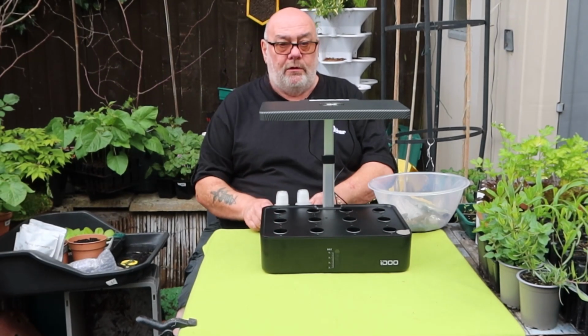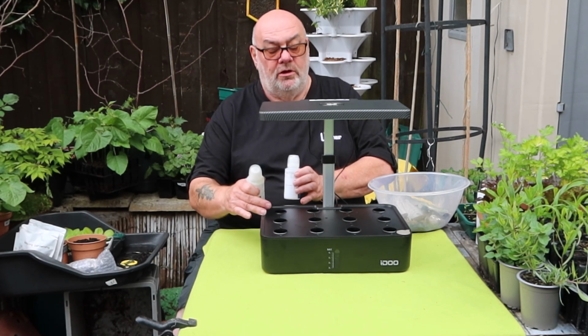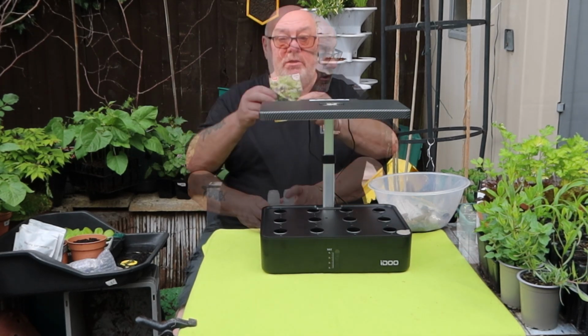Okay then, load up the seeds. Now I'm going to tell you something straight away. I'm not going to put any nutrient in now because I'm going to move this indoors afterwards. I don't want to be carrying 4 litres of water around because I will trip over the back doorstep, sure as eggs is eggs. Seeds I'm using for this are